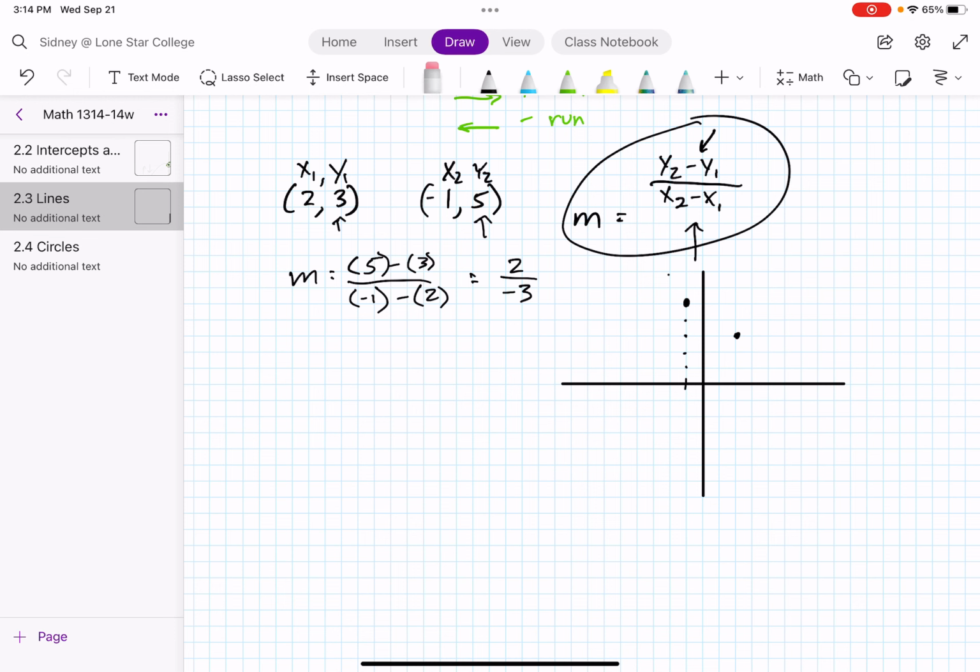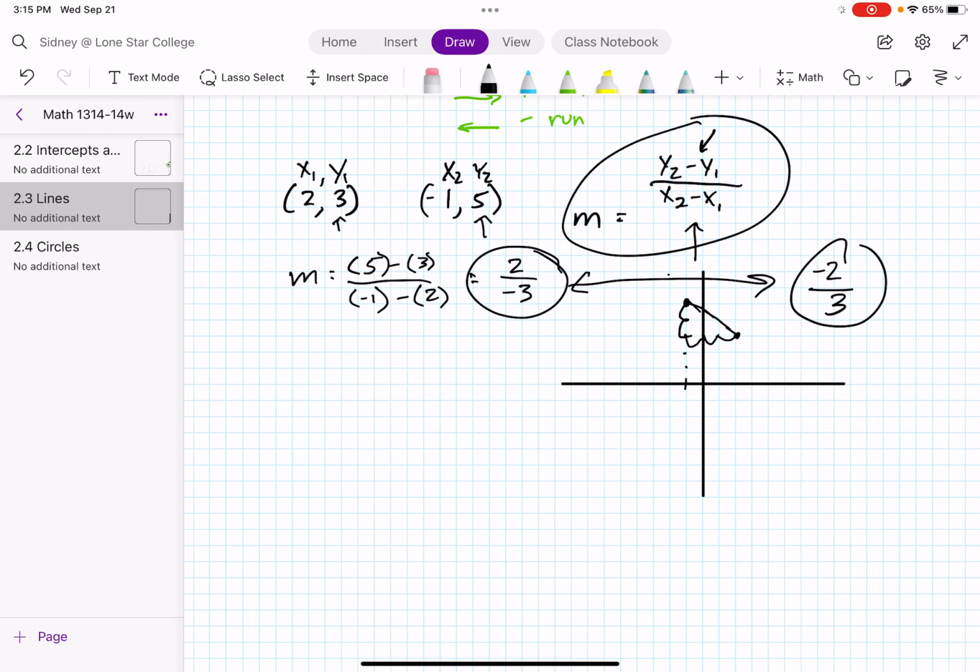And what you'll see is, yeah, this is definitely a negative slope. It's going down 1, 2, -2, and to the right 1, 2, 3, -2/3, which we talked about earlier in the last video, that those two are mathematically equivalent. So yeah, whether you count it out or whether you use a formula, both strategies will get you there. I highly recommend working with pictures. Help make sense of it visually. It can be a big